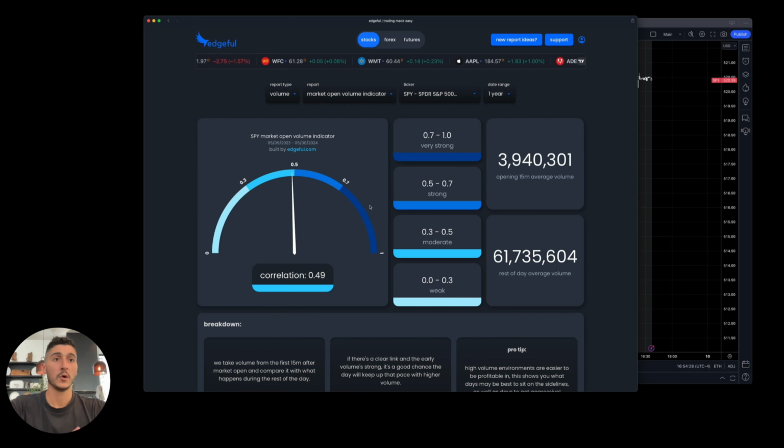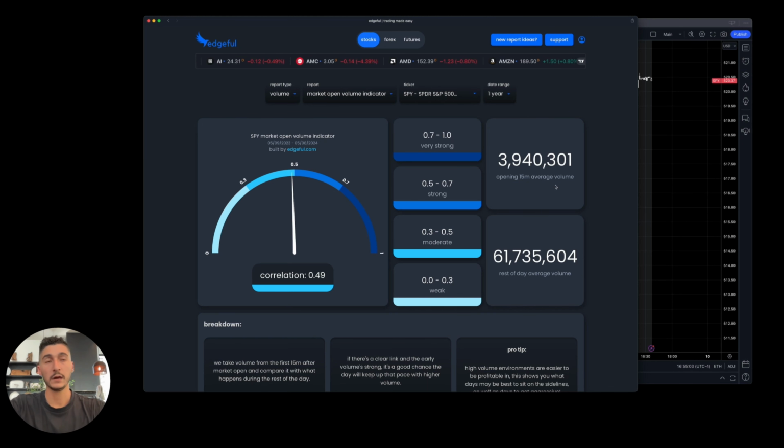So what this report shows is the relationship between the volume in the first 15 minutes of market open, so from 9:30 to 9:45, and the volume for the rest of the day. So this report gives you an instant insight within the first 15 minutes of the day: how is the rest of the day going to look? What you can see is the average 15-minute volume, so from 9:30 to 9:45 in the last year, is 3.9 million. So the average for the rest of the day is